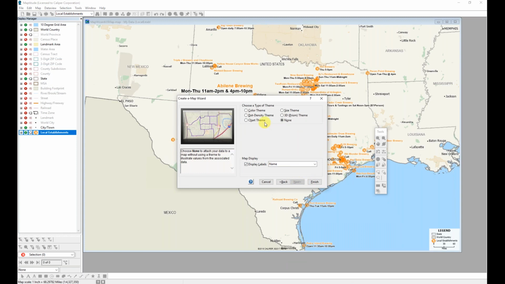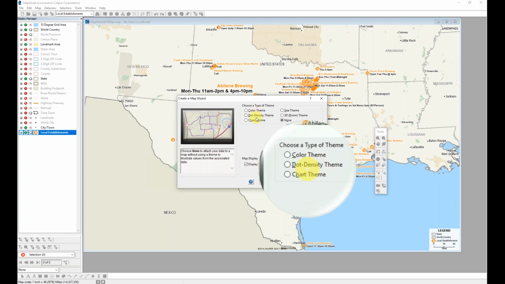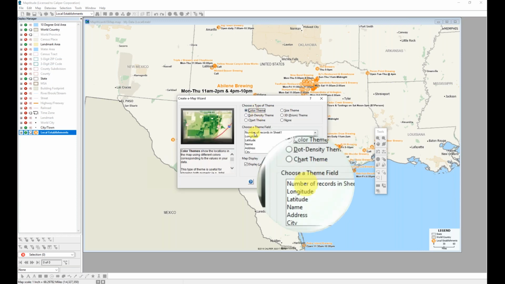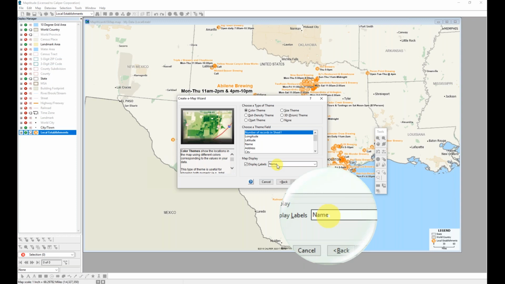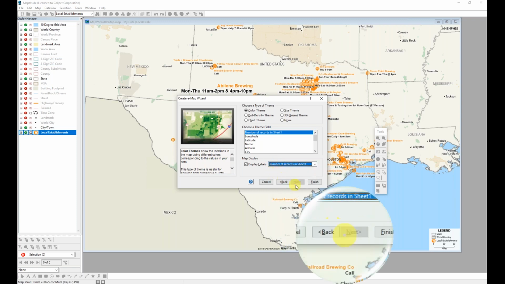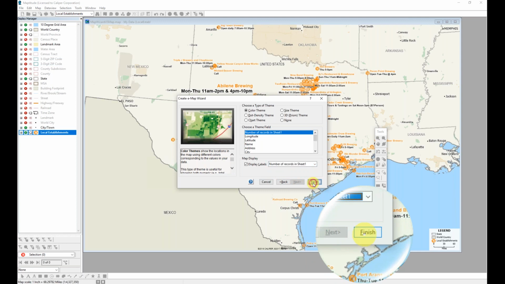In this map, I would like to think a little bit more about these themes than we did previously. I would like to show the number of establishments using colors. So I'm going to choose Color Theme, and I will create that theme on the number of records, the number of establishments per zip code. After selecting that, I also have the option to display labels, and I'd also like to label my zip codes with the number of establishments, so I'll choose that same field. After selecting these options and clicking Finish,